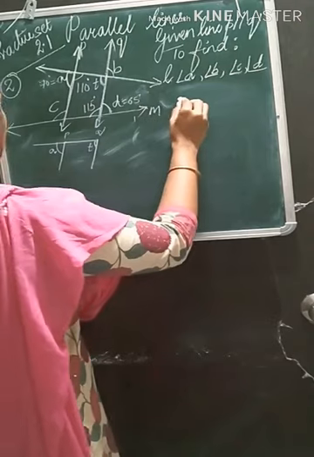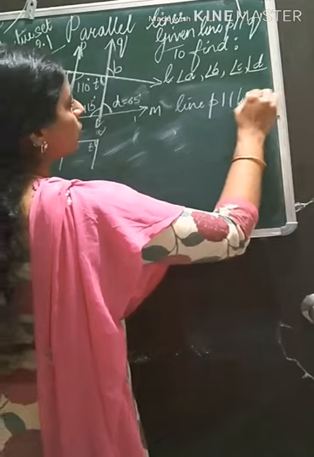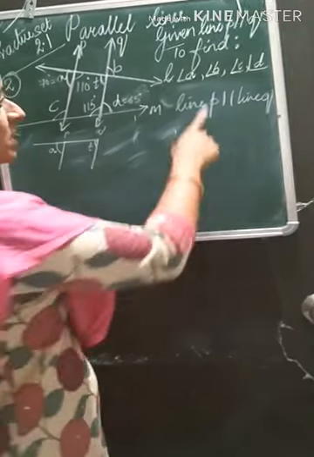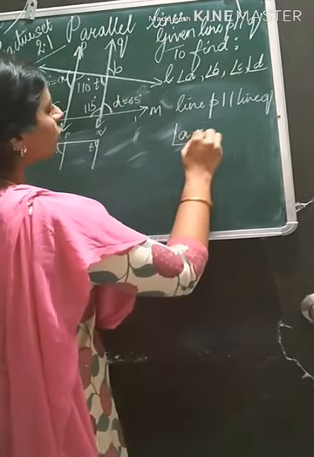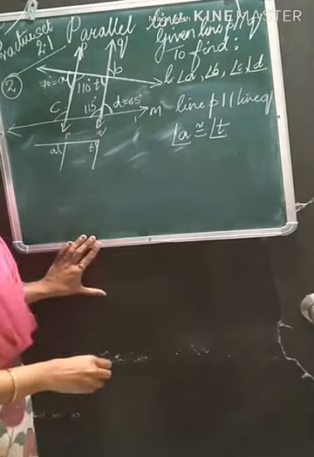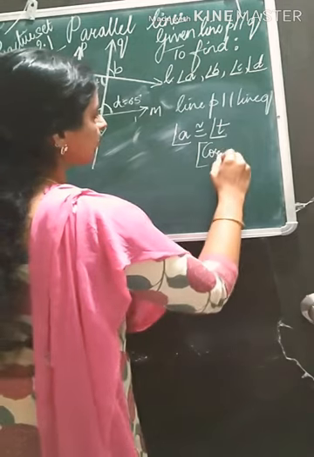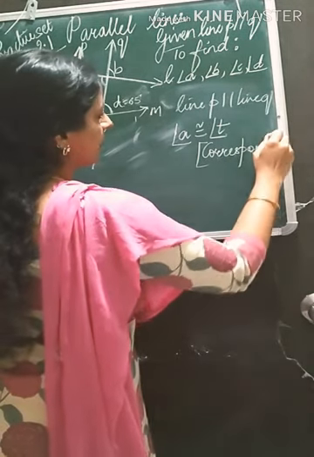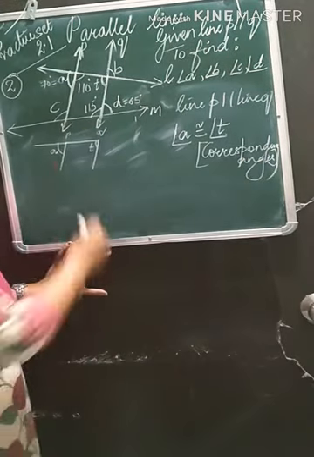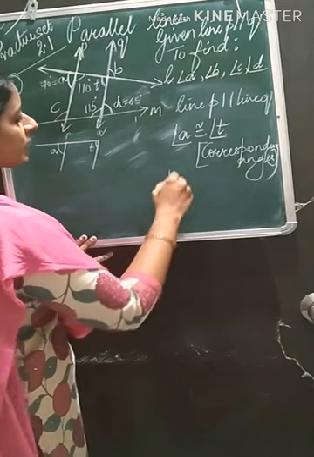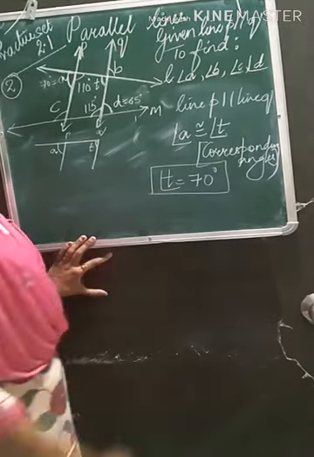So I'll write line P parallel to line Q. We have already mentioned. I erased it, so I wrote it again. Now you can directly write down angle A congruent to angle T. Directly write. This we name it as T. Why they are congruent? Because they are corresponding angles. They are congruent because they are corresponding angles. Now if angle A is 70, how much will be angle T? Angle T will also be 70 degree. Put it in a box.